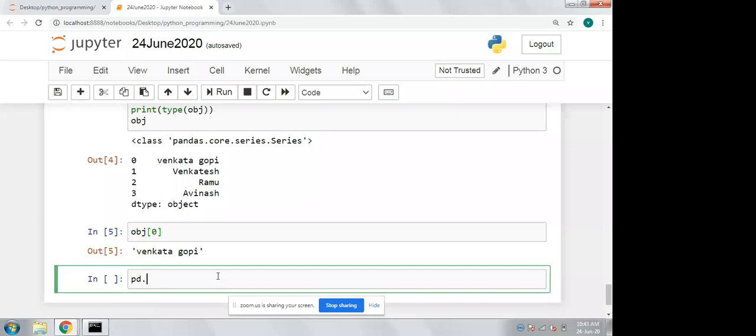So pd dot Series of names. In the series, I am giving other names as the index. The names list again I am taking, but I am changing the index. To give your required index, you can mention the attribute called index. So I'm giving n1, n2, n3 and so on as the index positions.